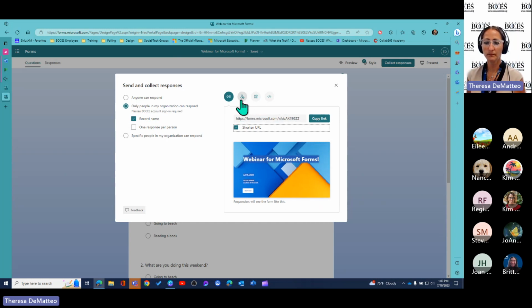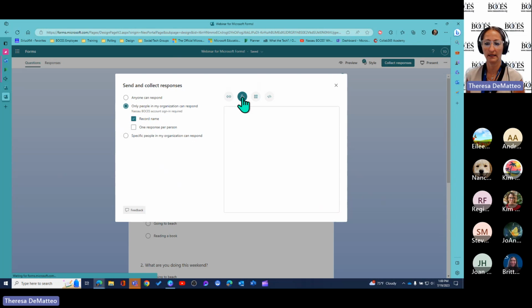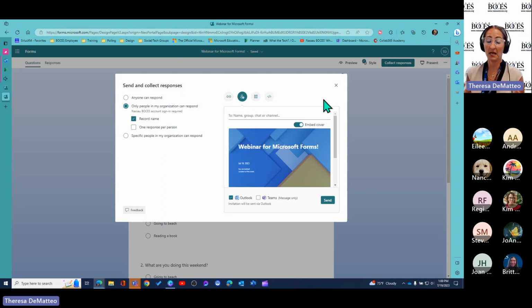Another option here is sending it in kind of like an invitation mode. Again, this is really cool. You can share this invitation mode to a name, a group, a chat, or a channel in Teams. Here at the bottom is how you're choosing how that's coming across. So right now it's checked off for Outlook, so the invitation will get sent via Outlook, but you can also